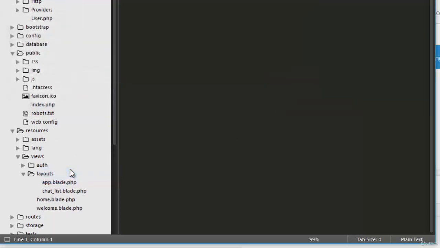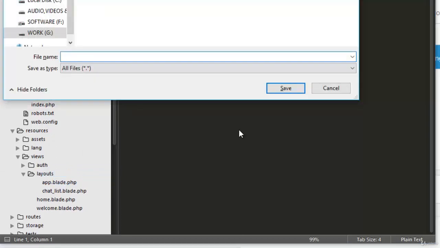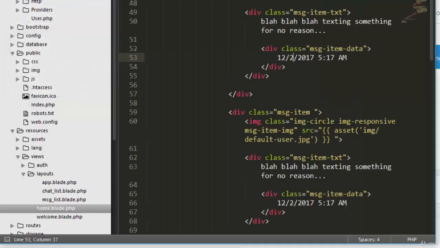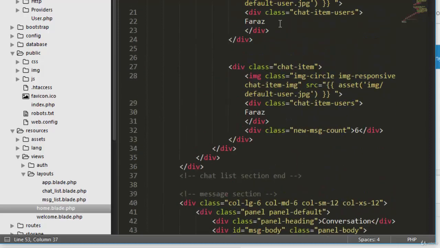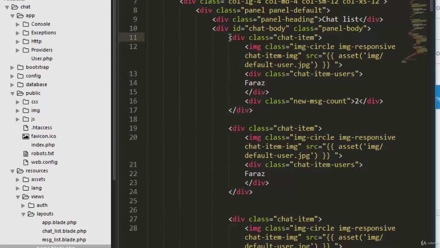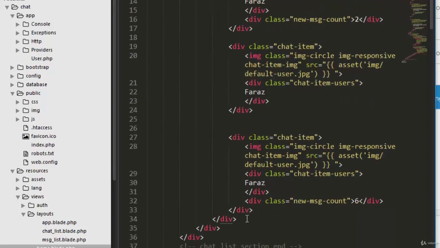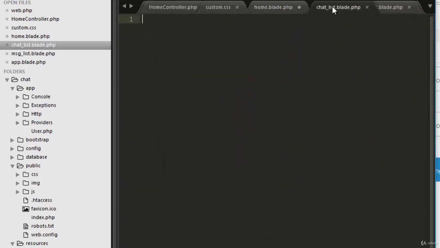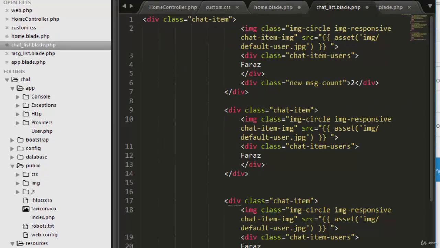Similarly, there is another file that we will create, and this time it will be message list.blade.php. Okay, what we have to do is to get this code in here,